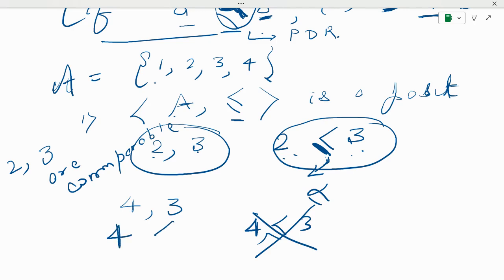So 4 is not comparable with 2 or 3, or we can say that 3 is not comparable with 4. So 2 and 3 are comparable if 2 is less than or equal to 3, but 4 and 2, if we compare 4 and 2, 4 is not less than or equal to 2, but 2 is less than